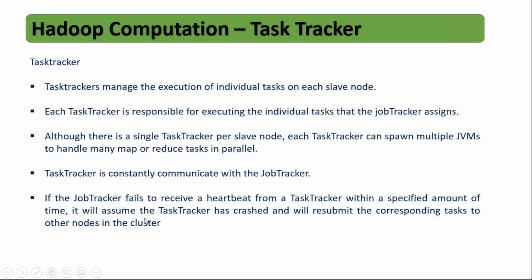It will try to resubmit the corresponding tasks to other nodes in the cluster. But how does the job tracker know that this particular task tracker has failed and relaunch the task on other data nodes? That information is based on metadata stored in the name node. So job tracker is also configured in the name node. Job tracker can go and talk to metadata, read metadata, understand which task tracker failed on which block and where that block is available on other data nodes. Accordingly, it will trigger other task trackers to perform your activity. See how intelligent a system it is.